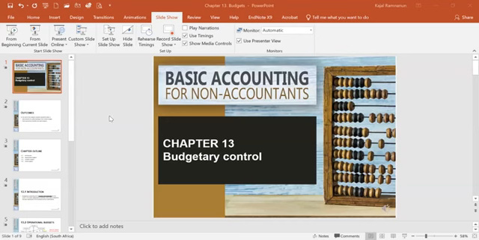So budgetary control is primarily a system where a company is implementing a cost budgetary control system. This is where they prepare the budgets and coordinate the budgets in accordance with the departments within the company, as well as establishing responsibilities for each of the divisions in the company. And the primary reason for